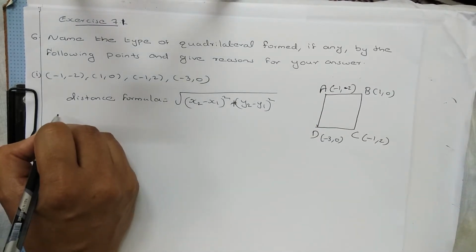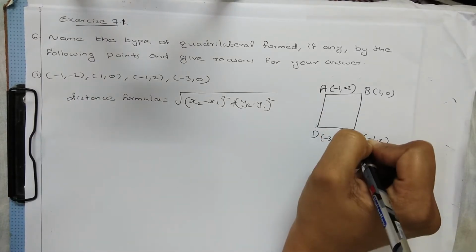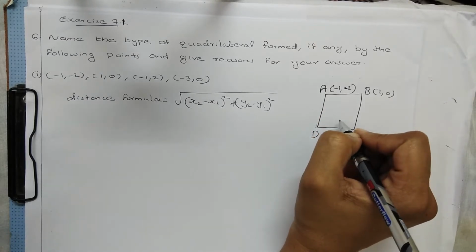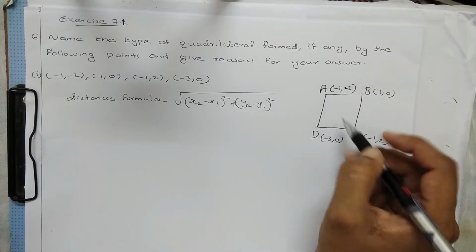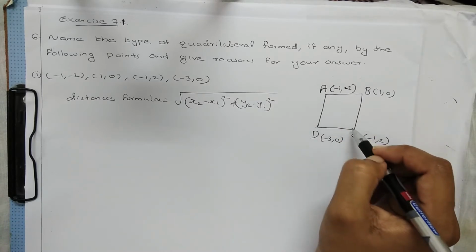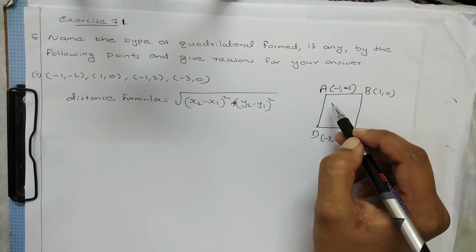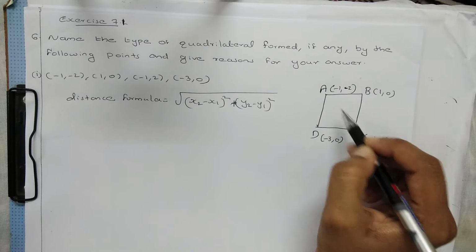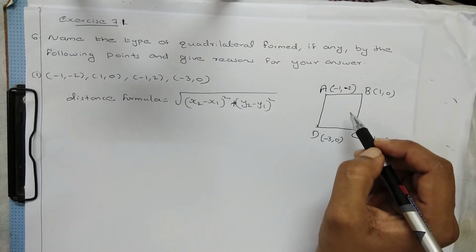Right? So first you have to find out all the sides, AB, BC, CD, AD. First we will find out that. After that we will check two conditions. If all the sides are equal, then you have to go for the diagonal. If diagonals are also equal, then it is a square. If diagonals are not equal, it becomes a rhombus, because if all the sides are equal, there are two quadrilaterals we know, one is square and one is rhombus. So you have to go for the diagonals. If diagonals are equal, then it is a square. If diagonals are not equal, then it is a rhombus.